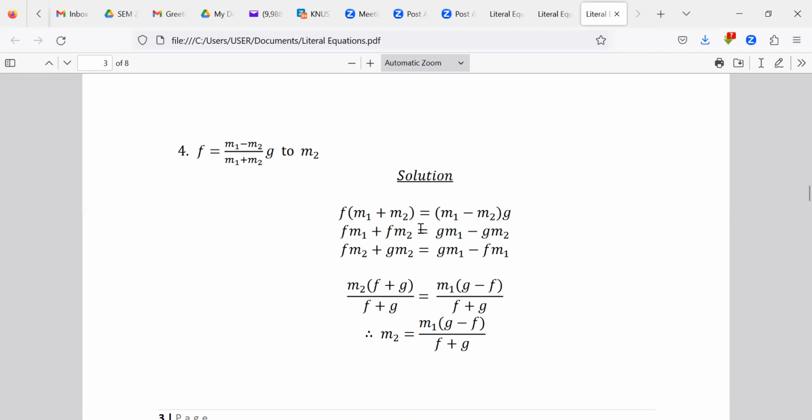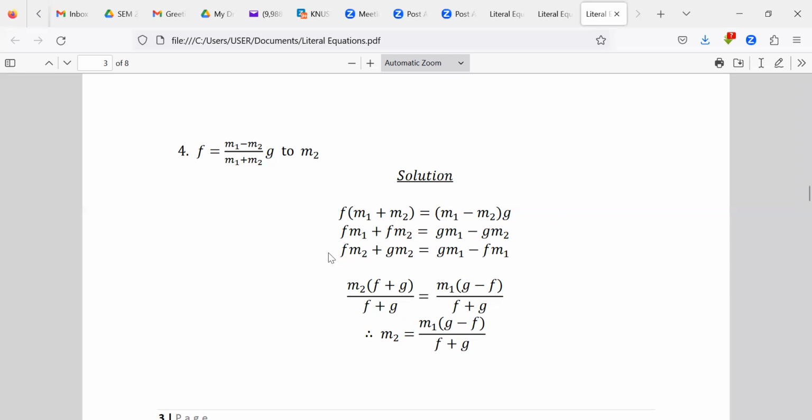And then we rearrange, grouping the m sub 1s and then the m sub 2s, and that takes us to this point. So over here, we do the rearrangement. We already have our F m sub 2, so that will be there. We have our g m sub 2, so we add g m sub 2 to this side, and then we add g m sub 2 to this side. So the minus and the plus will nullify, but then we get our g m sub 2 here. And then because we don't need an F m sub 1, we also subtract this from both sides,